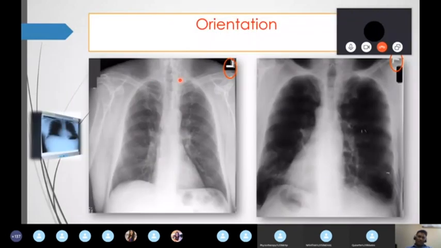Now, the second important checklist is the orientation. That means how to keep the X-ray in the X-ray view box. This is the X-ray view box, and how to keep it. Most important thing, all the students: the technician always keeps the labeling, right and left. They're going to see it and keep it here.